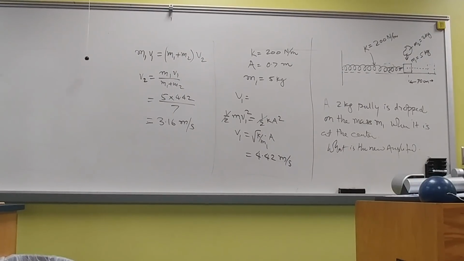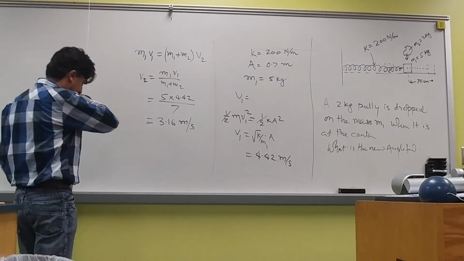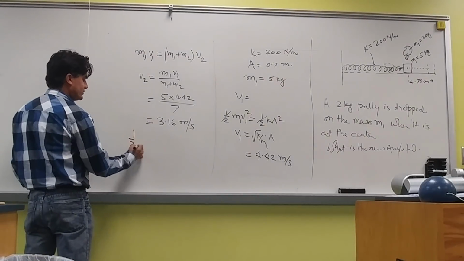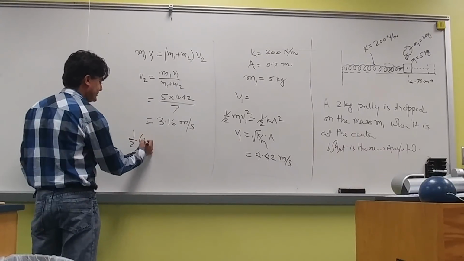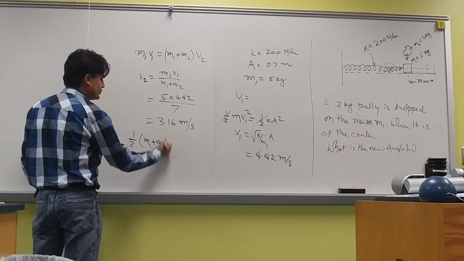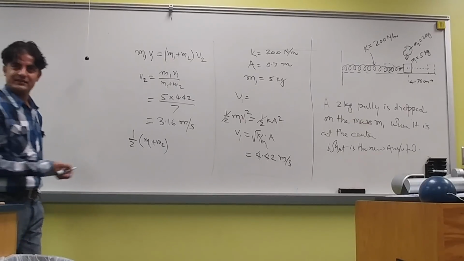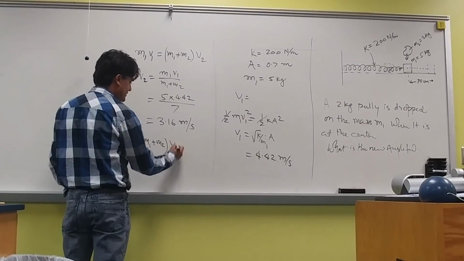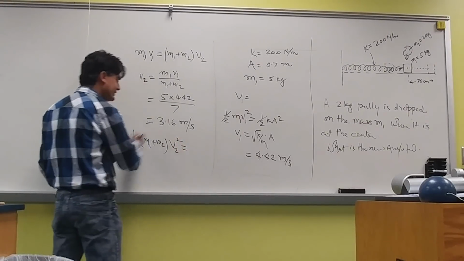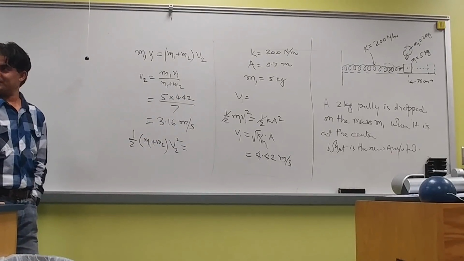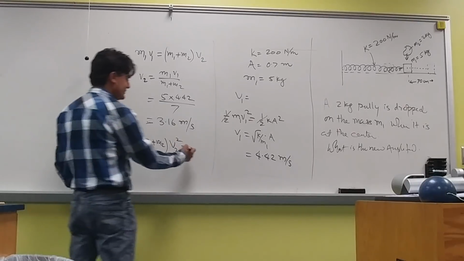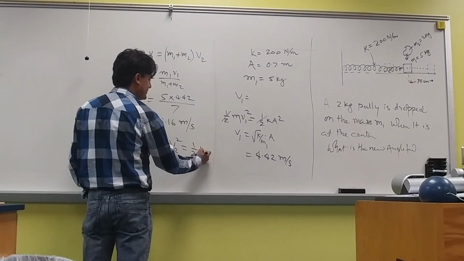K A squared, right? Okay. So now, kinetic energy is 1/2 mv squared, but now what is the mass? m1 plus m2. Now they go together, isn't it? 1/2 (m1 plus m2) times v2 squared. This will be my new kinetic energy at the center, and it will be the same as 1/2 of k